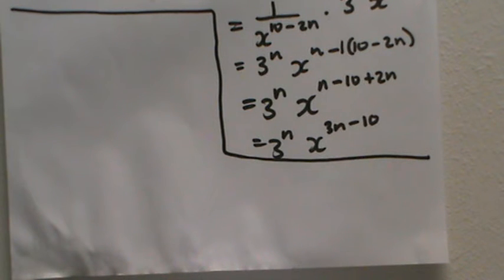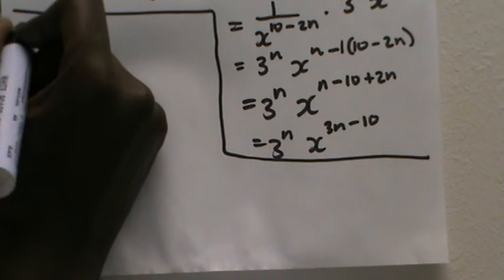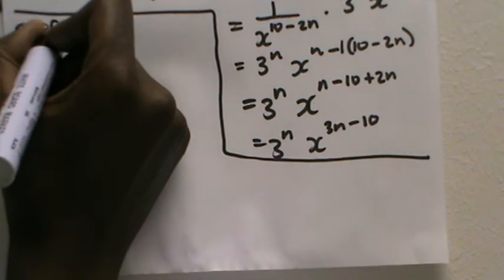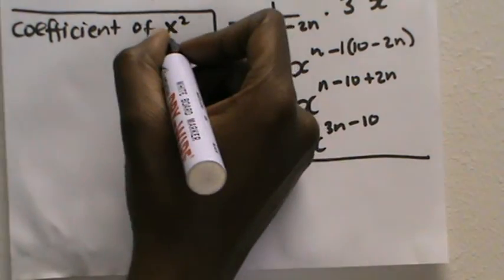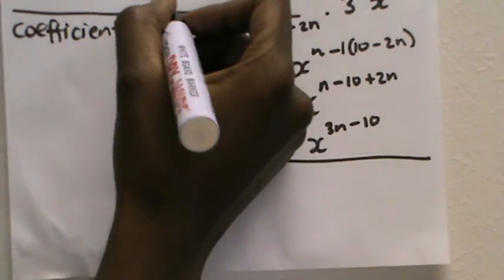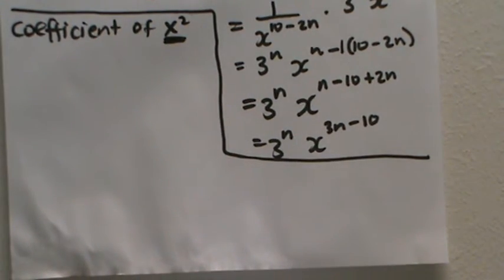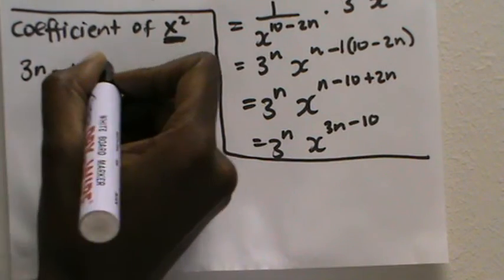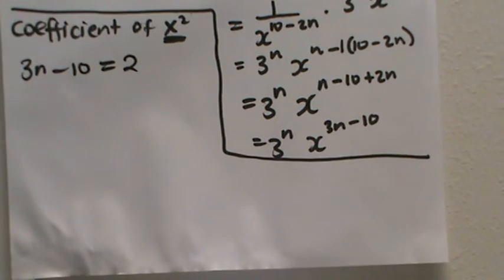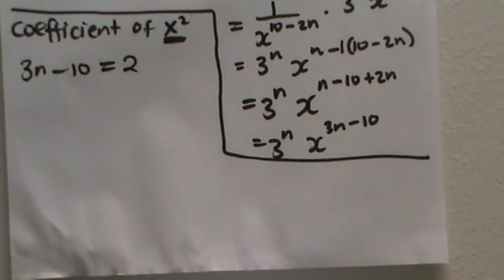It looks a little haphazard, but when you write it, please go down like that. Remember, I want the coefficient of x squared. So because I want the coefficient of x squared, the exponent over here is 2. So 3n minus 10 has to be equal to 2, because that is the only way I will get the coefficient of